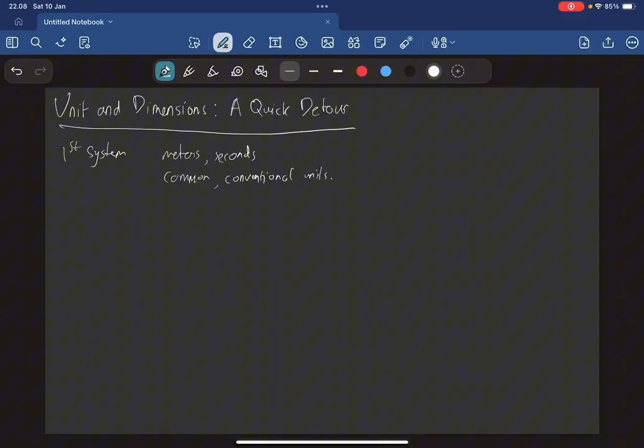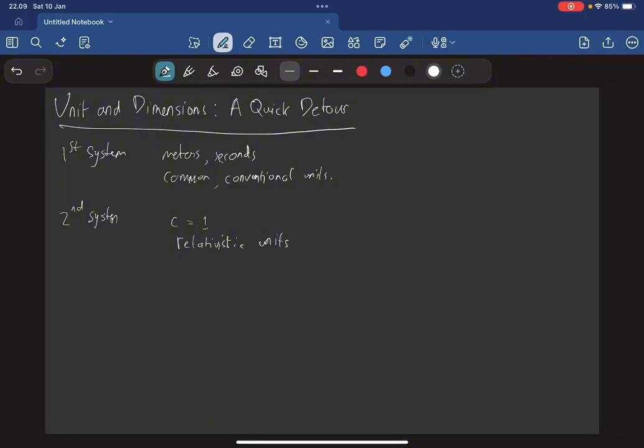The second system is based on the speed of light. In this system, units of length and time are defined in a way that gives the speed of light a dimensionless value of 1, so c = 1. We call them relativistic units. Relativistic units make it easier to carry out derivations and notice the symmetries in our equations.